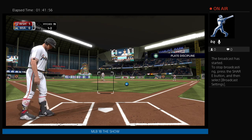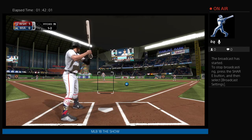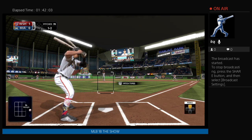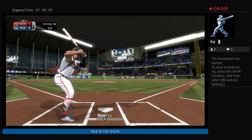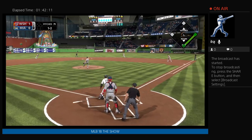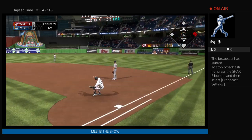A ball and 2 strikes now. The 1-2. Line drive, base hit. So the leadoff man reaches in their half of the